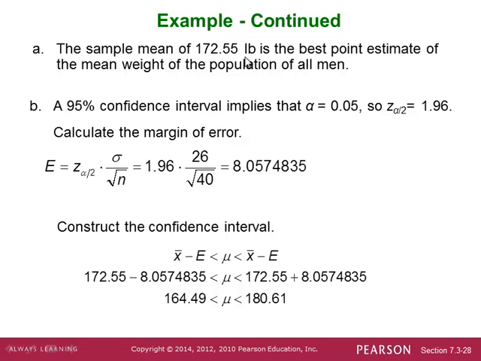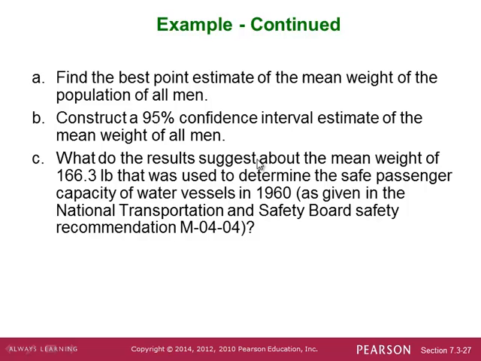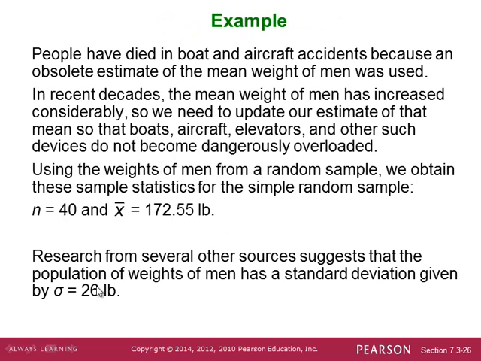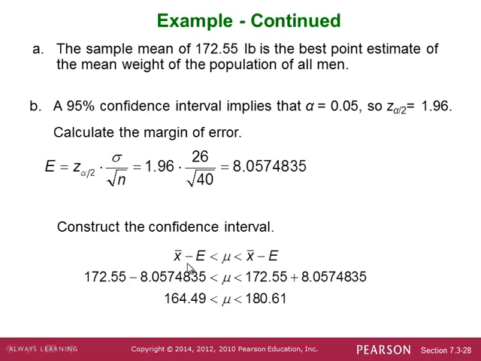To calculate the confidence interval, we need the margin of error, which is going to be your Z value, 1.96, times sigma over square root of n, so that's 26 over square root of 40. We were given sigma back here. We're told to assume that sigma is equal to 26. Because we're assuming that we know the standard deviation, that's why we're using the Z value and sigma here, divided by square root of 40. And that works out to be